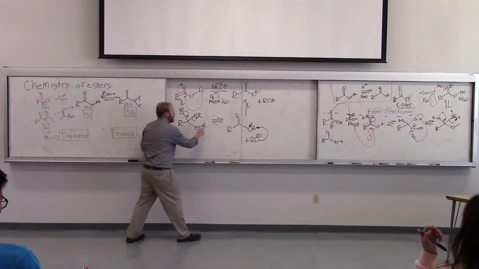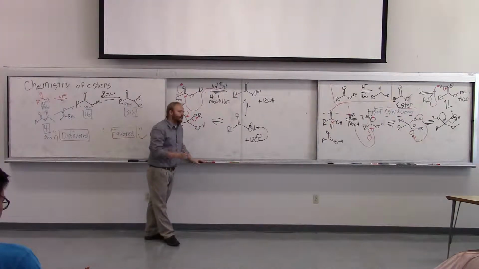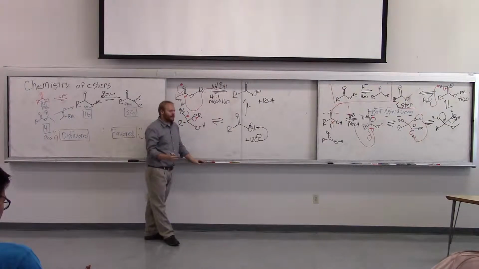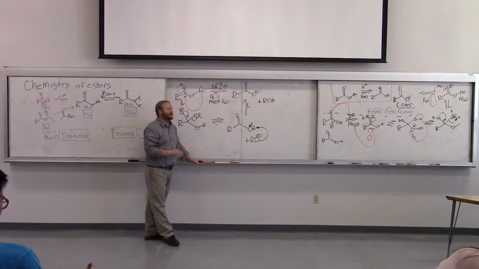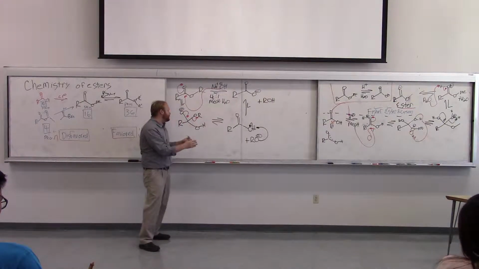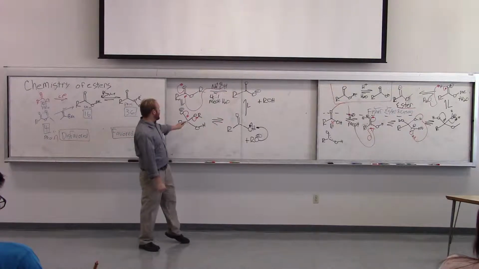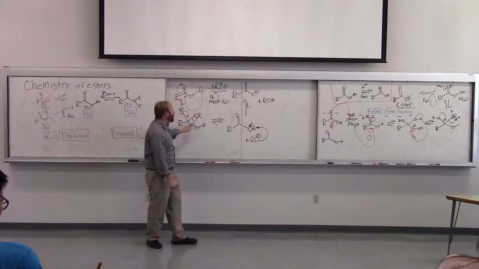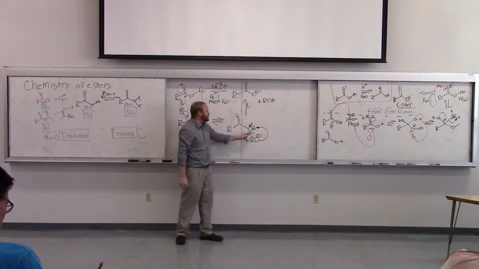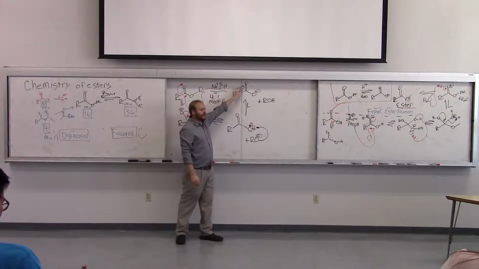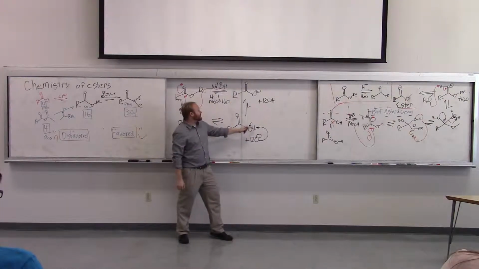Because even though in the step where we kick out the OR minus, it's not going to be that favored because of the pKa argument, we're talking about kicking off a group with the pKa of 16 versus kicking off a group with the pKa of 16. So there's going to be no preference for which one of these kicks off. But when we kick off the OR, it gives us now an acidic thing that the basic addition is going to protonate, funneling this out to the product. And so one thing we can think of is when we deprotonate the carboxylic acid,